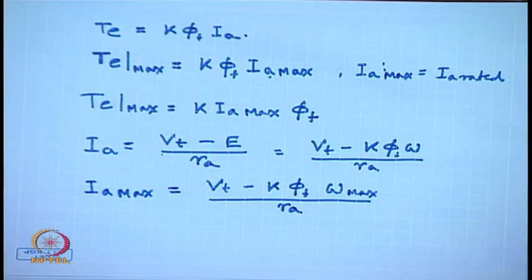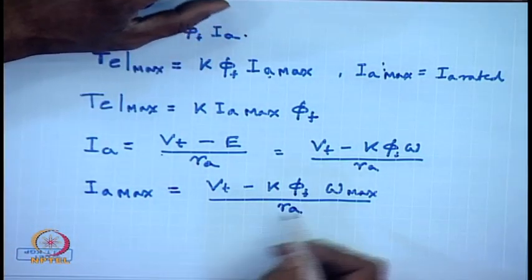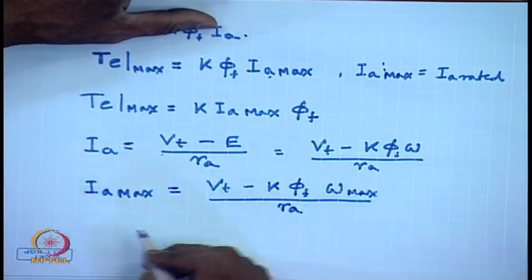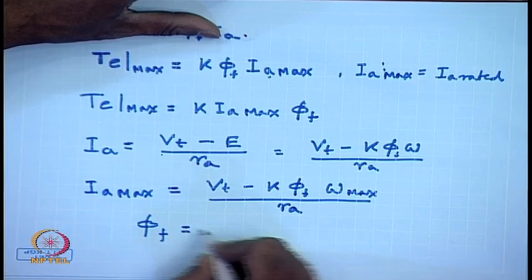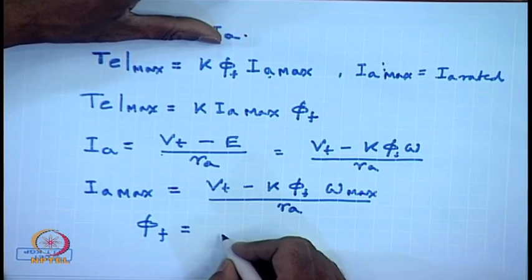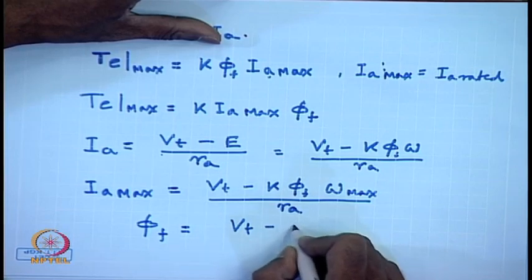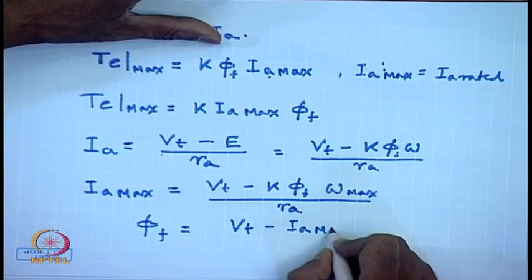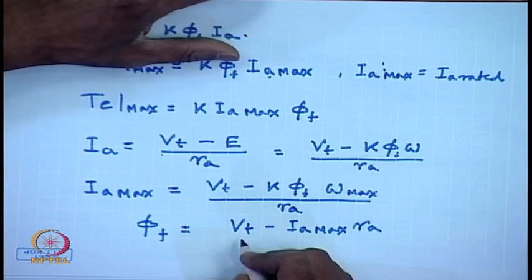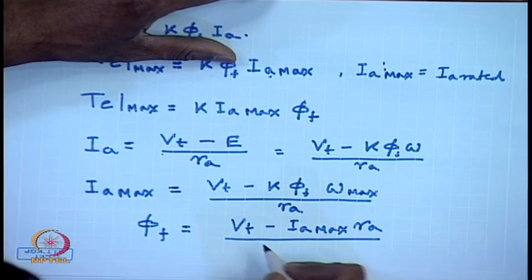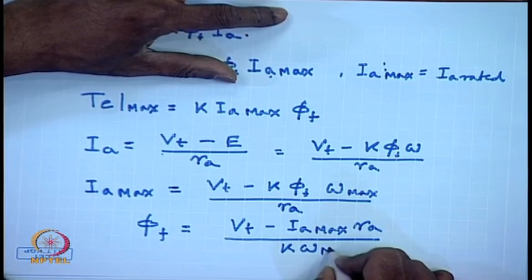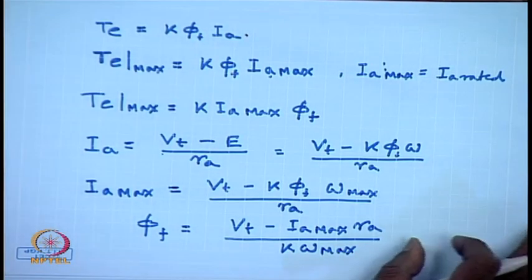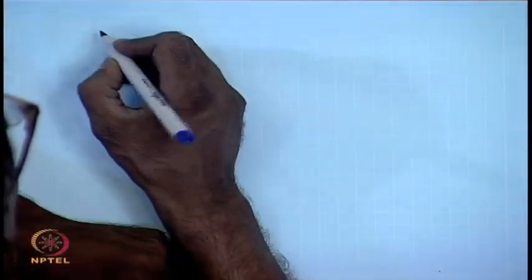So, what is phi f? For a constant value of I A, what is the relationship between I A, phi and omega? Phi f equal to V T minus I A max R A by K omega max. So, substituting this we get T E max